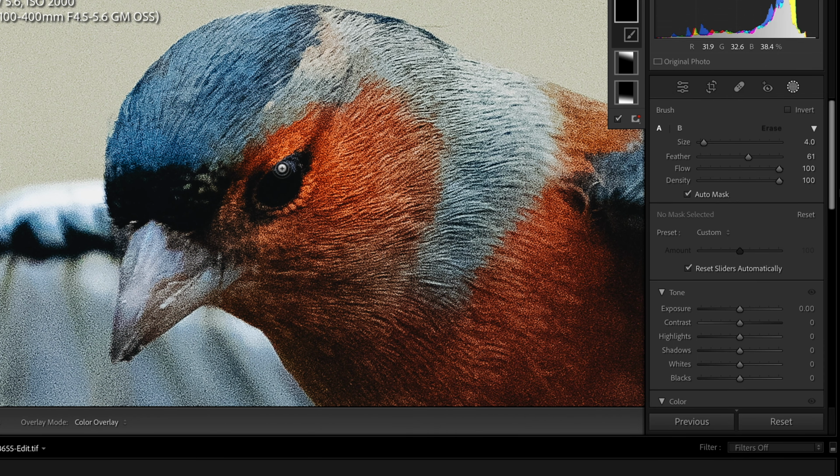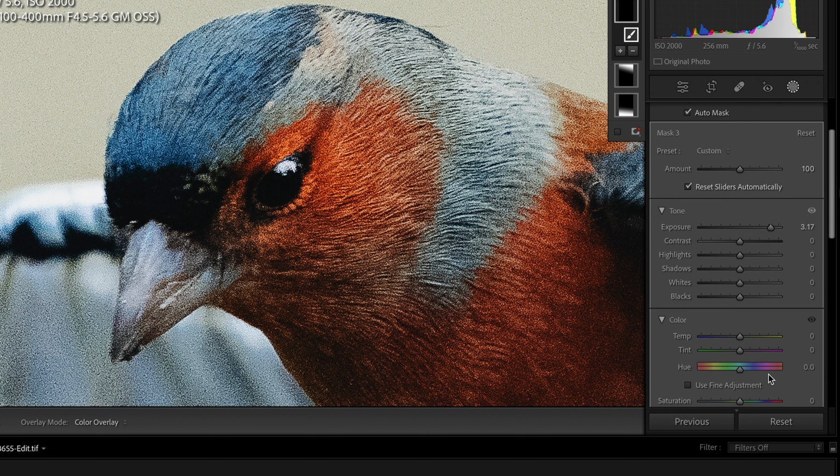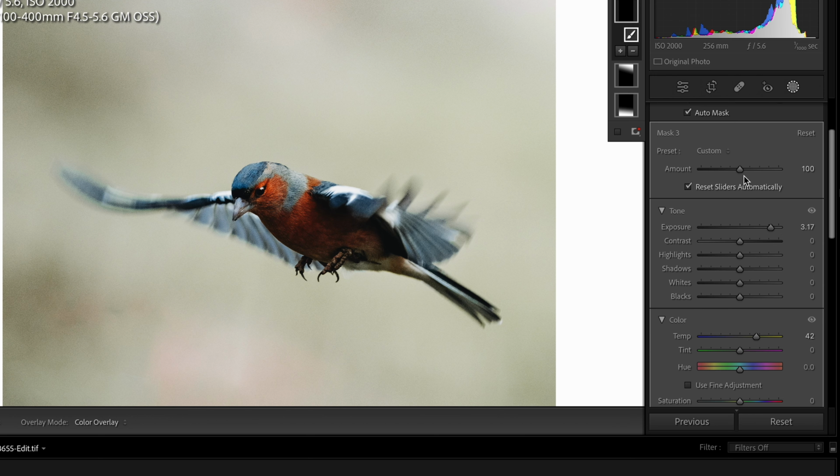So grab the brush tool. We're going to grab the catch light, which is already there. It just needs enhancing that little bit more. We're going to increase the exposure. We're going to counter it because at the minute it's really blue. So we're going to add a little bit of warmth to it to make it more white. Zoom out, and then you can use the amount slider to adjust that to suit whatever you feel is necessary